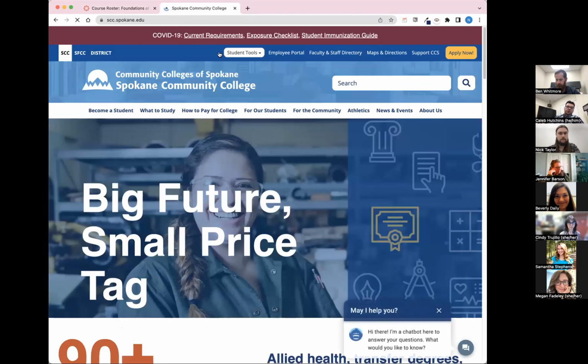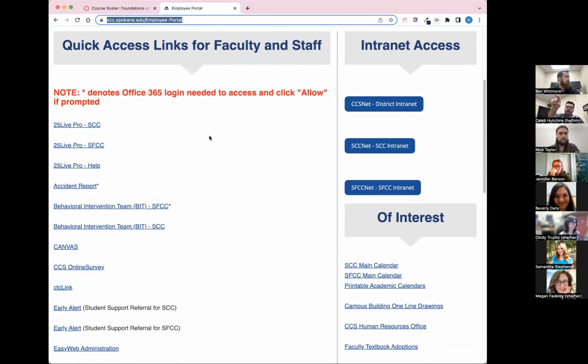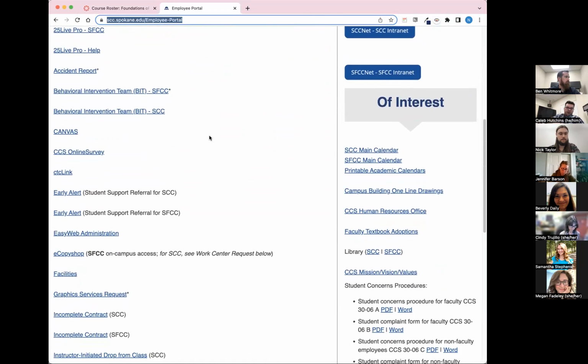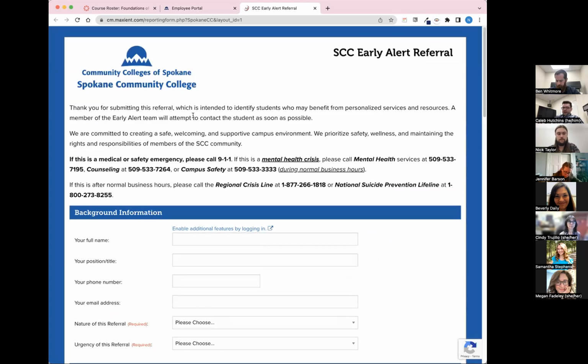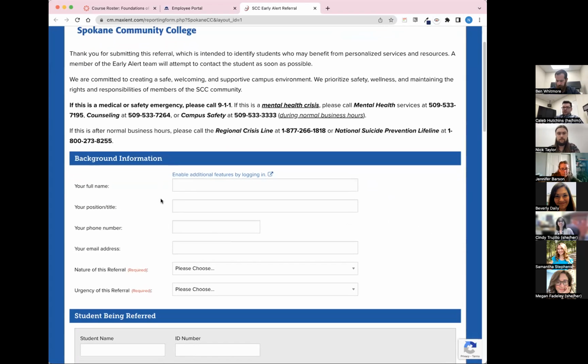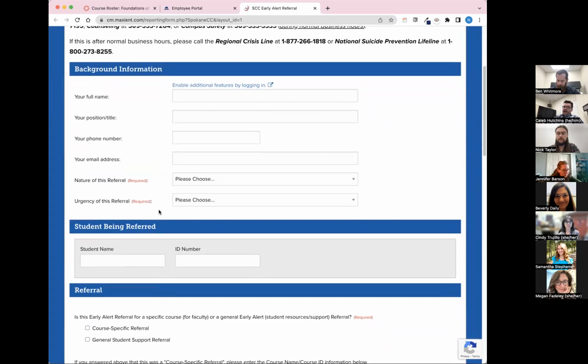If you go to the campus website, either the SCC or the SFCC, you go to the employee portal and scroll way down on this list. There are 2 links for early alert, one for SCC and one for SFCC. If you click on that early alert, it allows you to put in the student's information and tell them why you are concerned about this student. They haven't logged in in 2 weeks, or I have not seen them in the class at all yet,